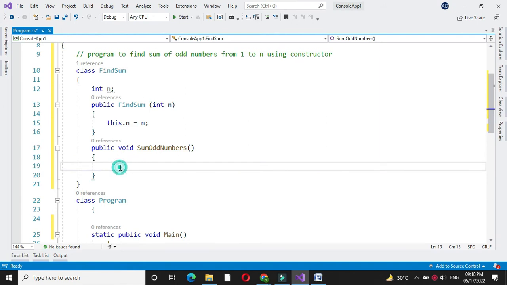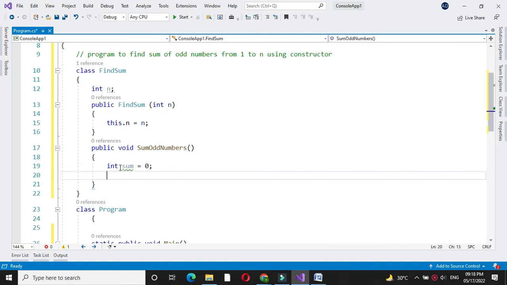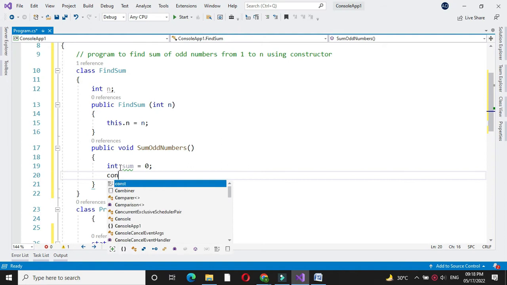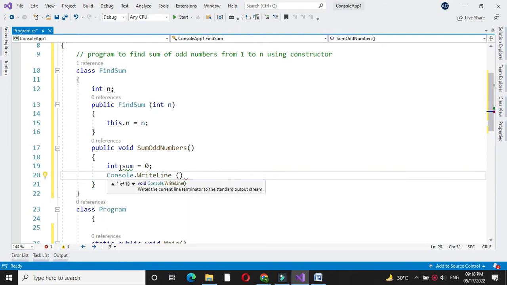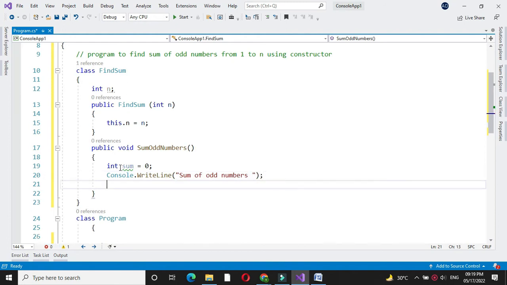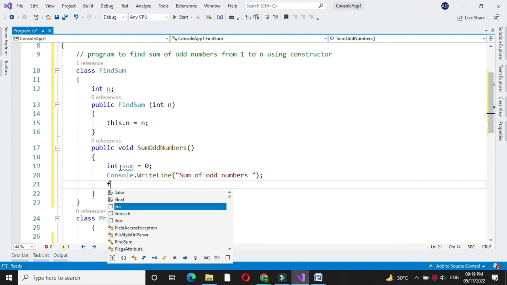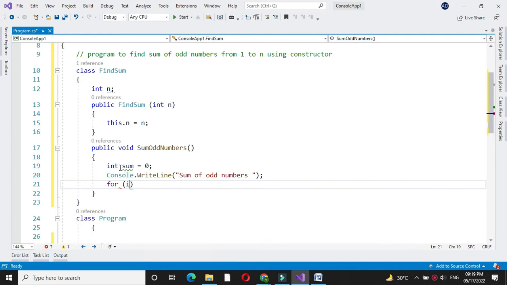Then inside this method, we will define one variable sum, which is initialized with 0, to store the sum of odd numbers. Then we will write the message sum of odd numbers. Then we will use a for loop. So for int i equal to 0, i less than n and i plus plus,